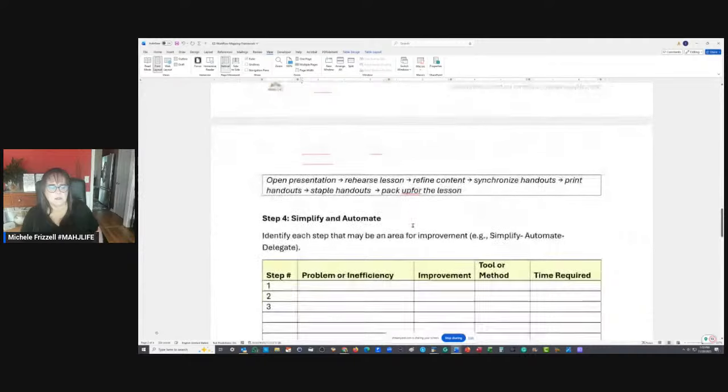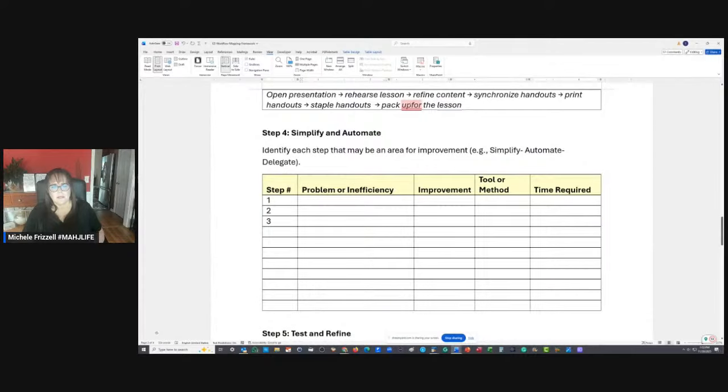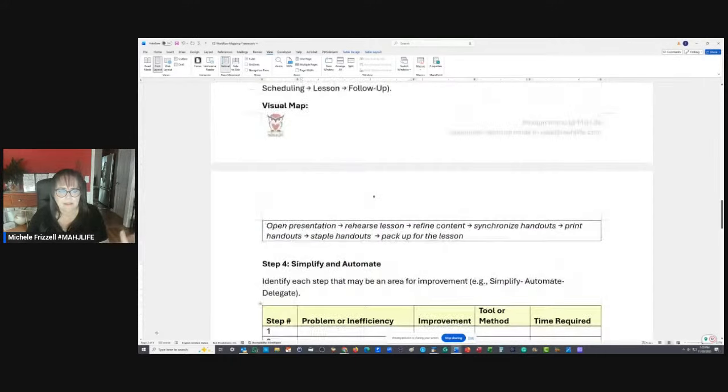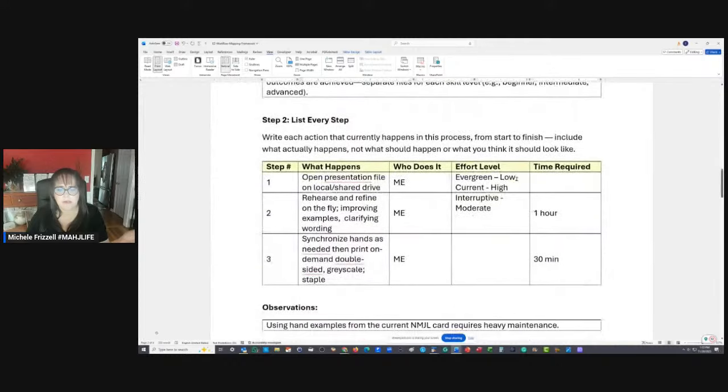Okay, now here we go. So identify each step, really step one, opening the file. It's not a 3-step process. It's really open the file. It's really a 2-step activity.